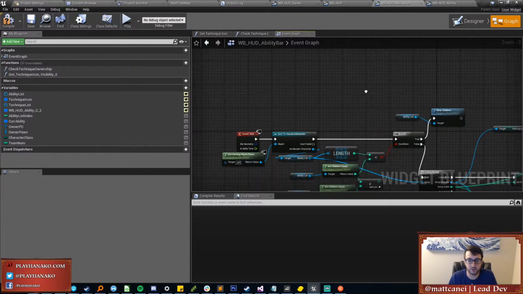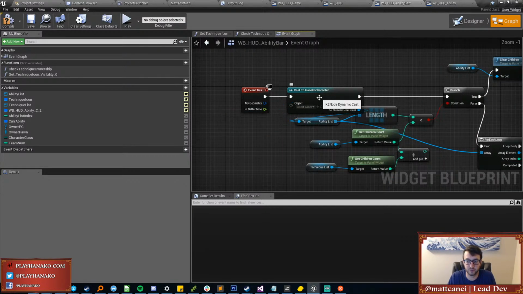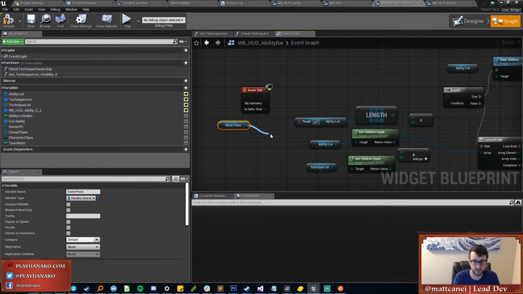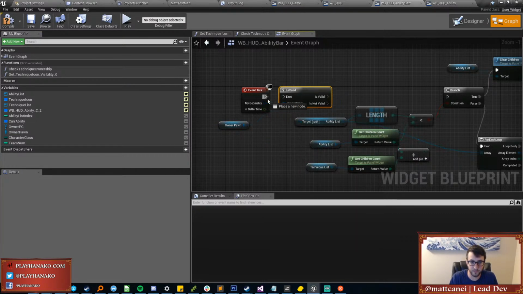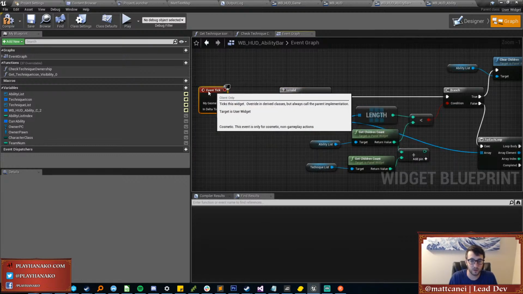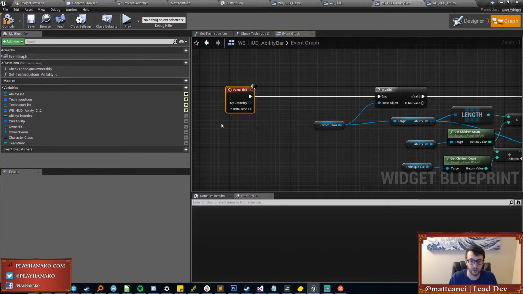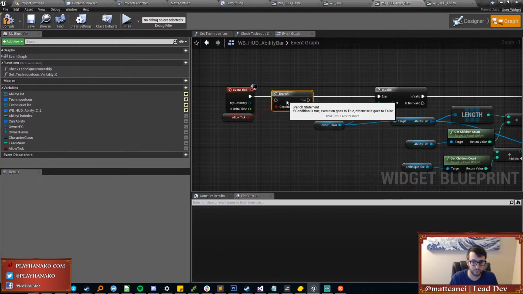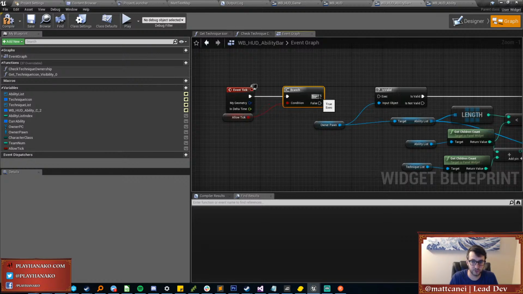Yeah, I get owner pawn. So I'm gonna actually do this. I'm gonna simplify this a little bit. Owner pawn is valid. And I'm also gonna create a boolean called allow tick. This really isn't the best way to do these, but